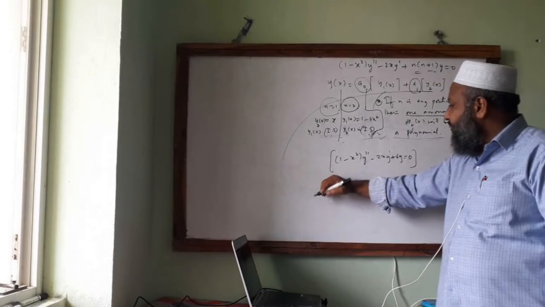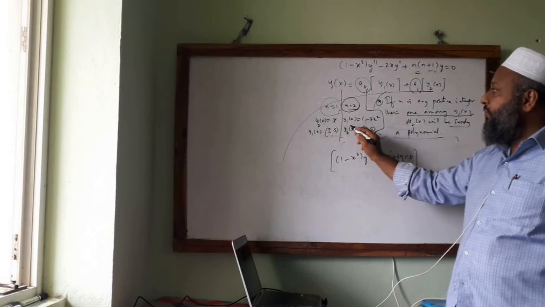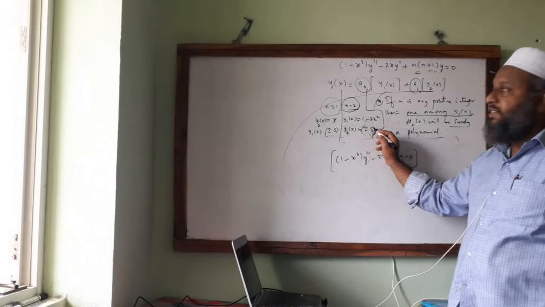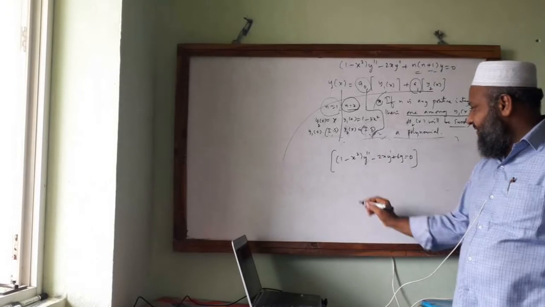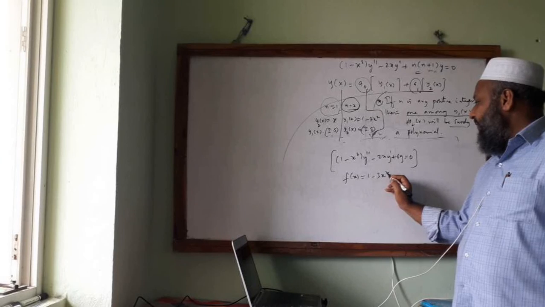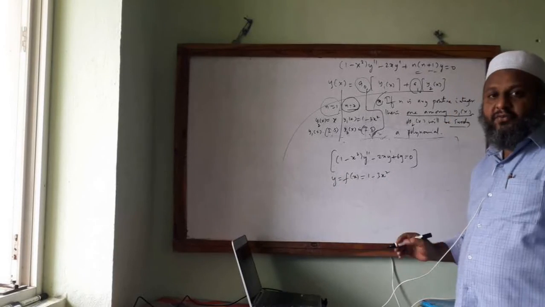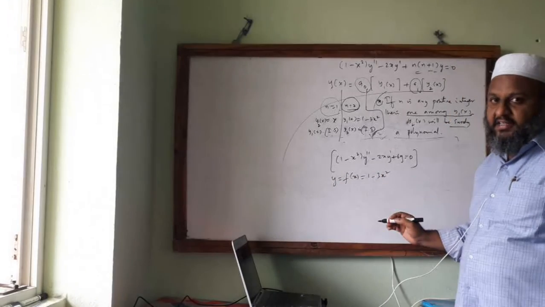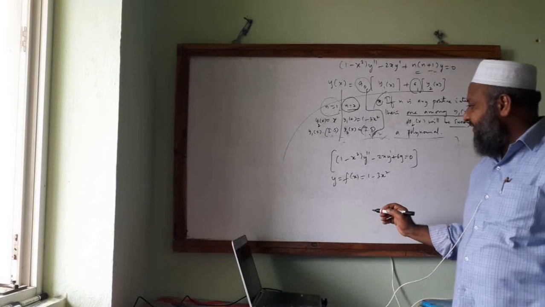Now one of the polynomial solutions, just now we have seen when n is 2, y2 of x is an infinite series, whereas y1 of x is 1 minus 3x square. So if I take f of x is equal to 1 minus 3x square, and that is nothing but equal to y, then this y satisfies. In the earlier lecture I have shown you how this is getting satisfied.